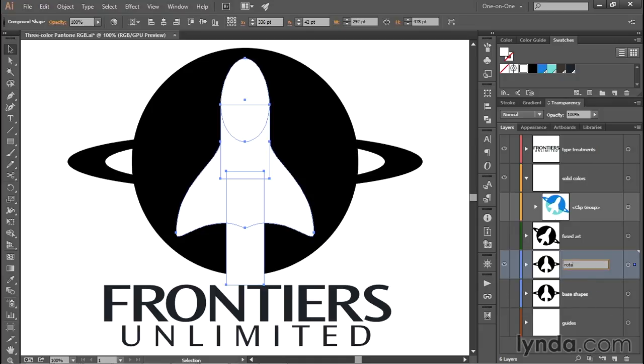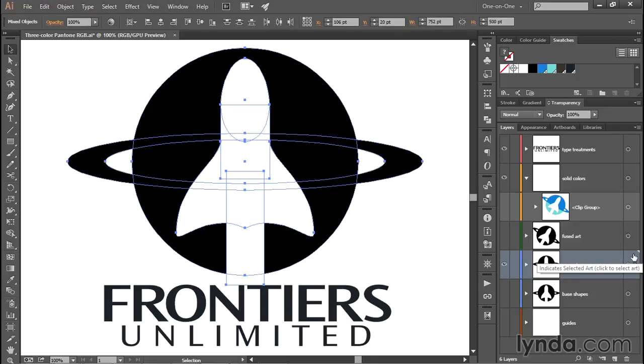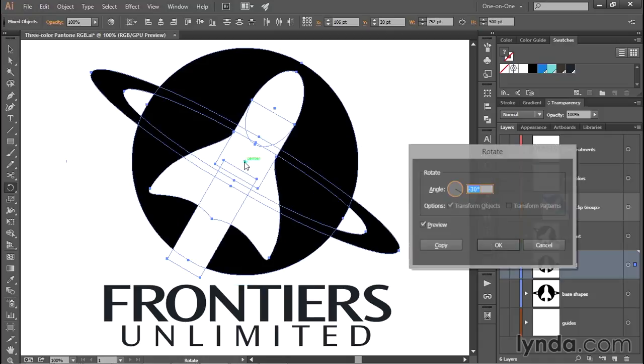And I'll rename this guy Rotated because I'm now going to rotate these shapes by first selecting all of them, which you can do by clicking in the upper right corner of the layer in the Layers panel. And then I'll select the Rotate tool, which of course you can get by pressing the R key. And then Alt-click or Option-click right here on this center point in order to bring up the Rotate dialog box. And with any luck, your angle will still be set to -30 degrees,